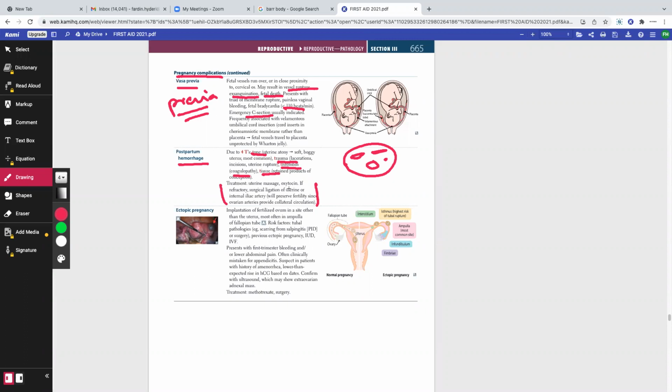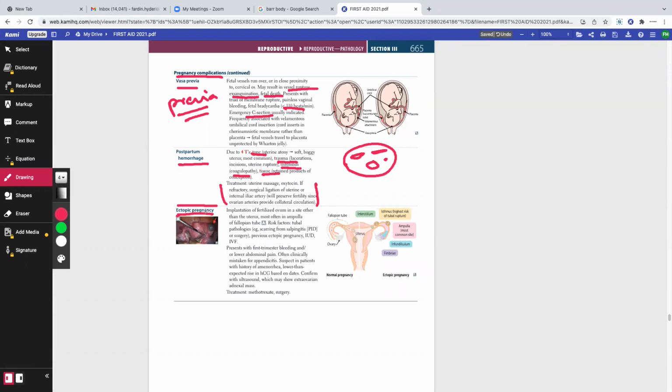Even after ligating the cardinal ligament and everything else, if the uterus does not stop bleeding, can we, in the last stage, perform a hysterectomy? Yes or no? The answer is yes. But it never goes as far as performing a hysterectomy. Usually by the time we give IV fluid, blood, and oxytocin, the bleeding usually stops.